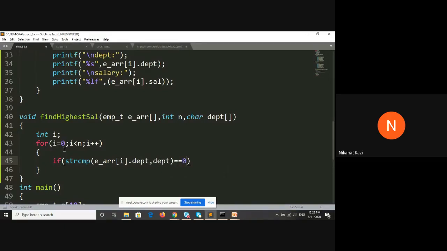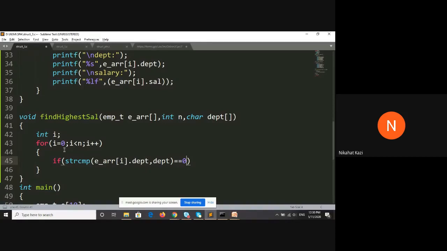If they are same, strcmp returns a 0. If it is equal to 0, and at the same time you have to see if the salary of the employee is the highest or not. So you have to find the employee with the highest salary.